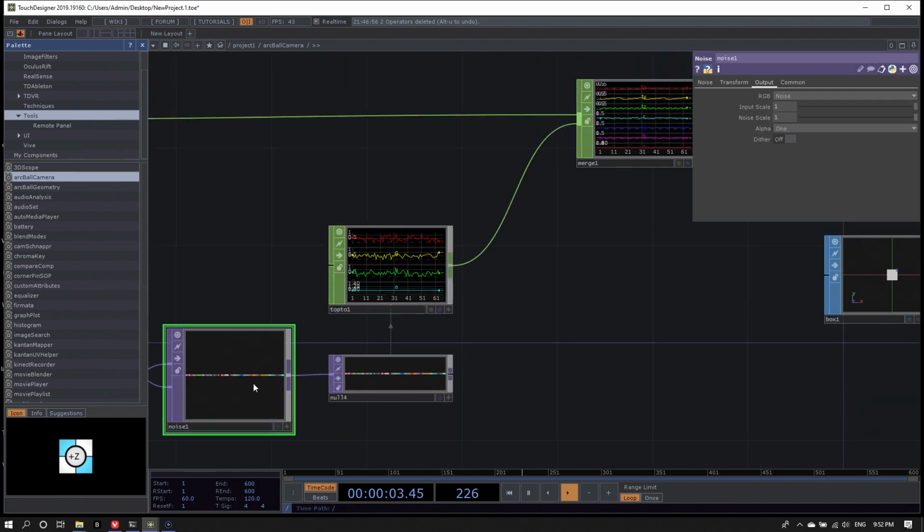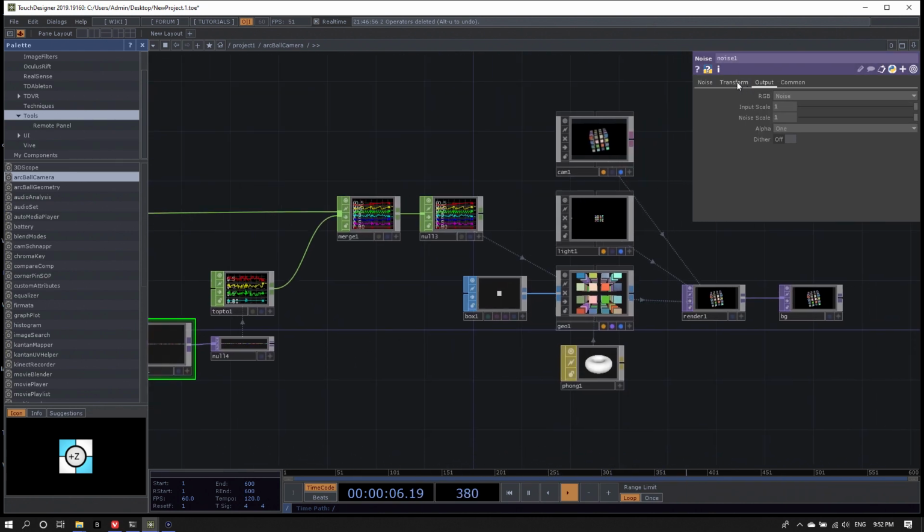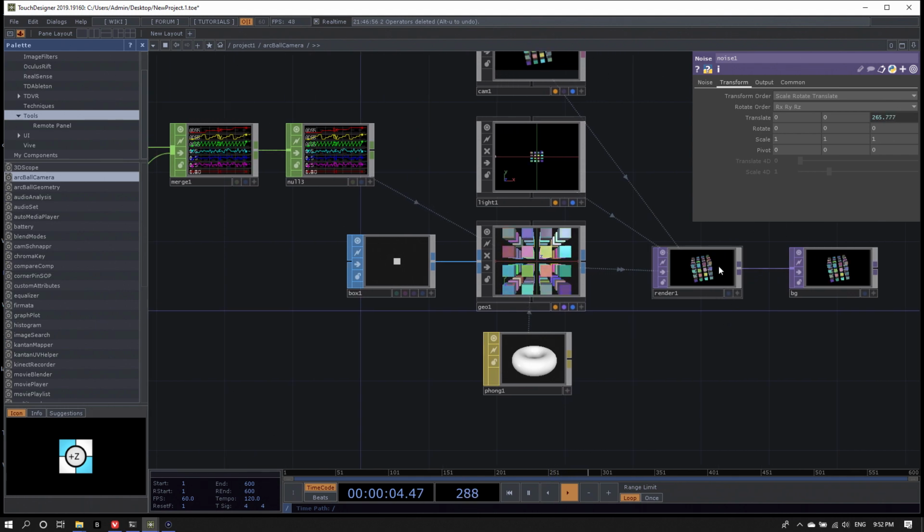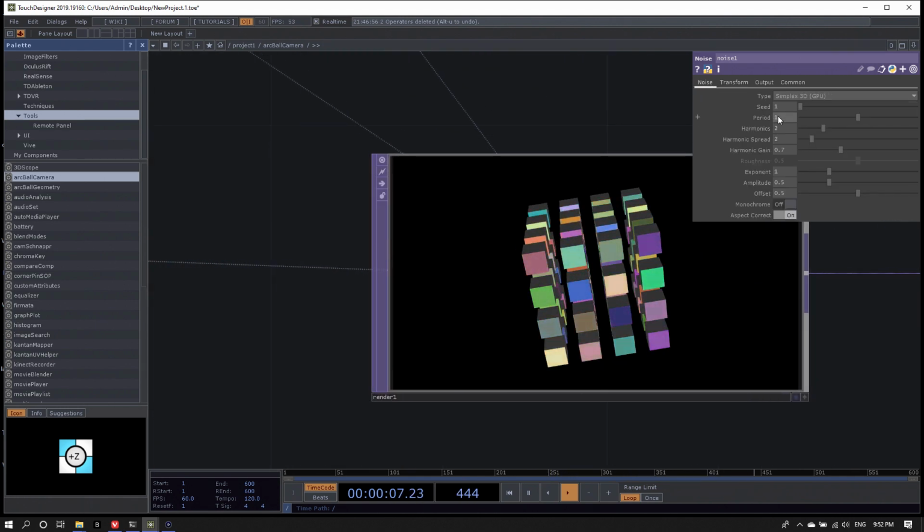Okay, that's good. And let's animate the noise top. So click on the noise top, go to the transform page. I'm opening up the translate parameter, and type into the TZ, you can also use the TX or TY parameter, it really doesn't matter, absTime with a capital T, dot seconds times 0.2. Okay, I'm going to adjust the period a little bit, just so we can see this movement of the noise better in a moment. Let's set it to 10.